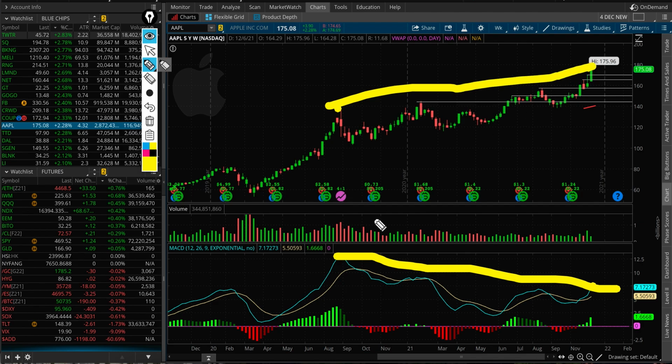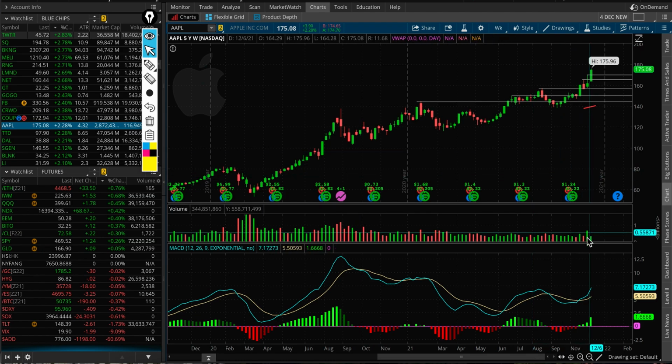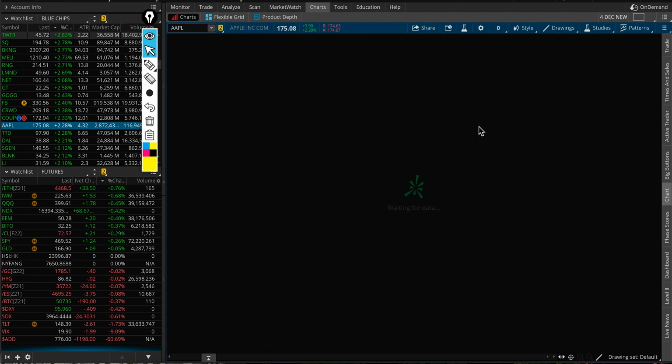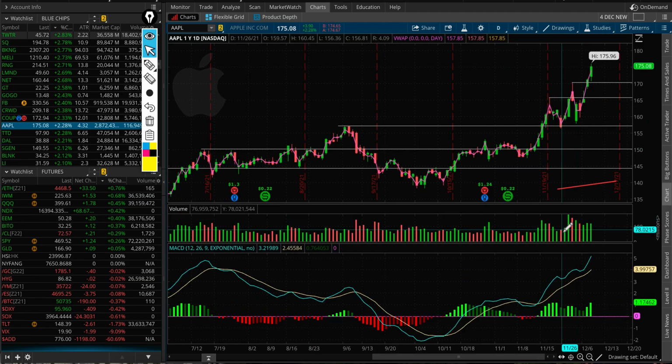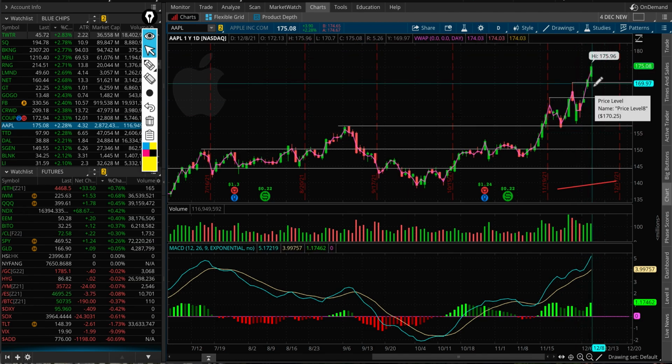So stock price is going higher, MACD is lower, which means this rally happening right here is happening with lower volume than it did here in 2020. In 2020, this move was with a much bigger volume. When stocks go higher with a thinner volume, I'm not saying that on a daily chart the stock is trading below its average volume. Average volume for Apple is somewhere around 66 million, and for the past 8 trading sessions, it has been trading over 100 million. Overall market volatility increased as well lately,